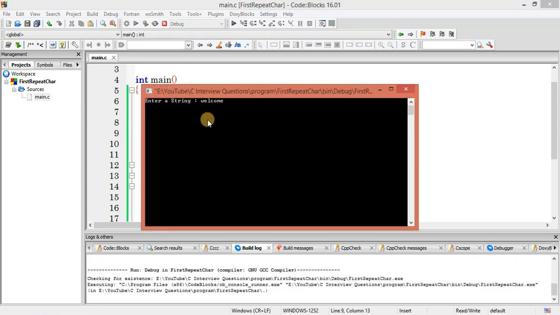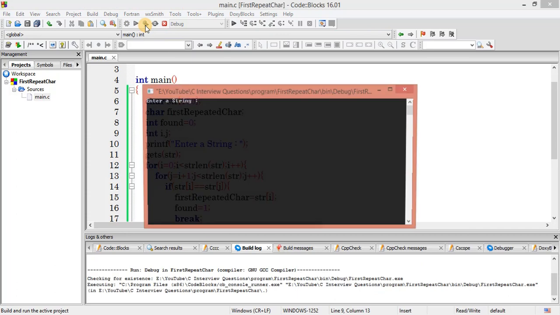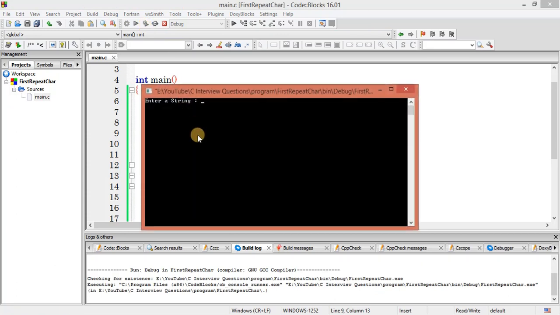Now let me enter welcome. So first repeated character of welcome is E, right? It's working fine, right? Let me give another one with repeated elements. So let me write ww and write anything, it doesn't matter, it will return you w.